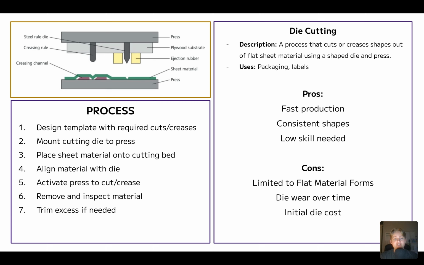So the process you need to describe in your exam is step 1 is to design the template with the required cuts or creases. Then you'd mount the cutting die to the press, place the sheet material onto the cutting bed, align the material with the die, activate the press to cut or crease the material, remove and inspect the material, and trim any